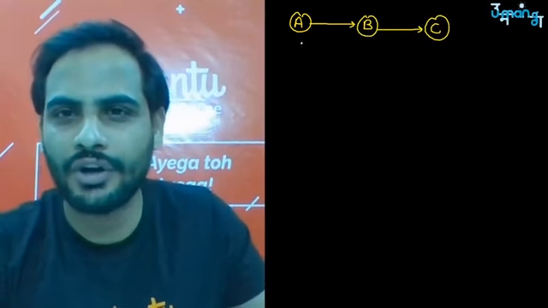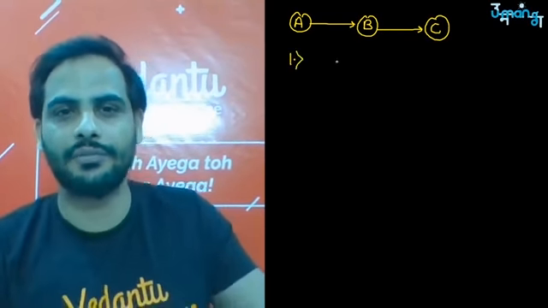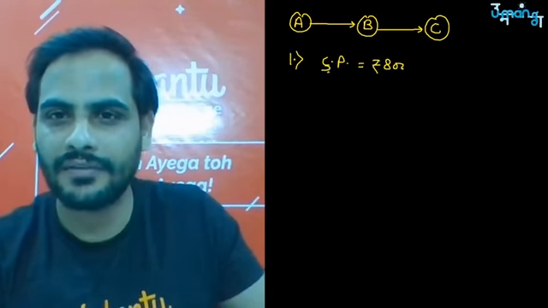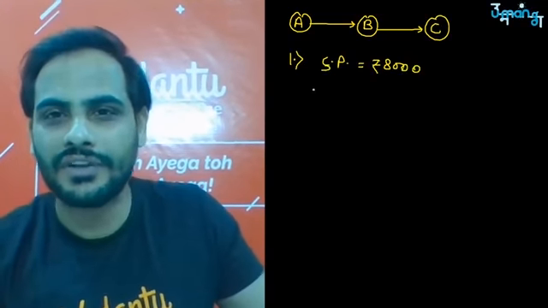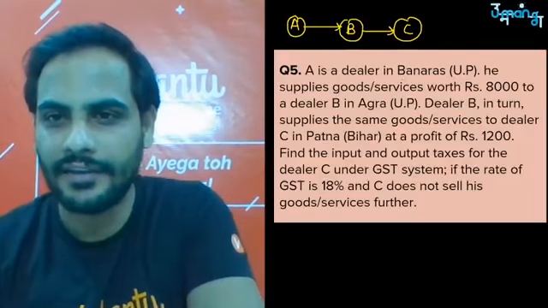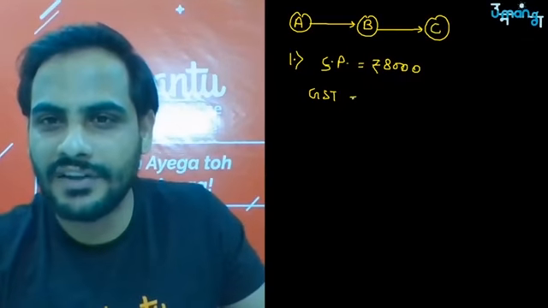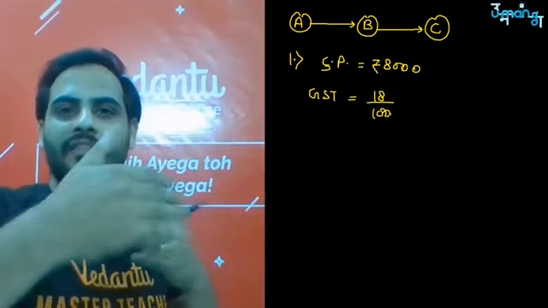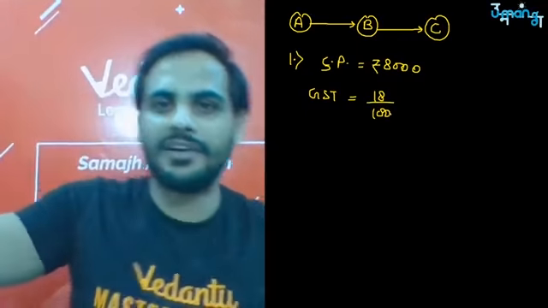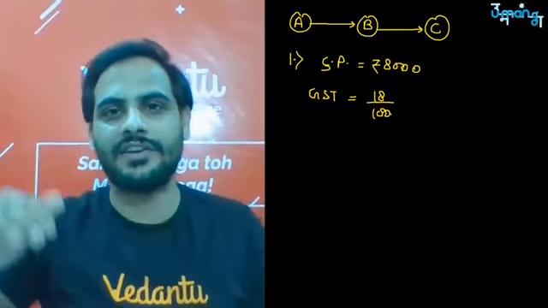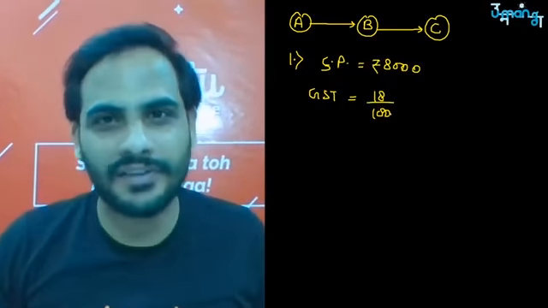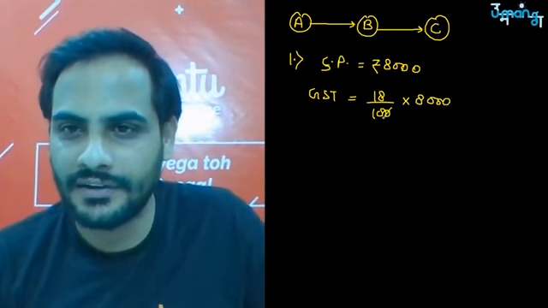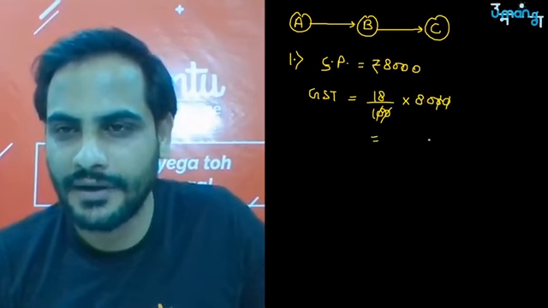Correct? So first let us talk about A to B. Case 1, let us talk about A to B. So the selling price is rupees 8,000. The GST is given as how many percentage? 18 percentage. GST will be 18 by 100. Now see, one way of showing is, since it is intra-state, that means within the state, 9 percentage SGST, 9 percentage CGST. At the end, when you add it, it will be 18 percentage only. So directly you can do it also. So 18 percentage of rupees 8,000. So what will we be getting?